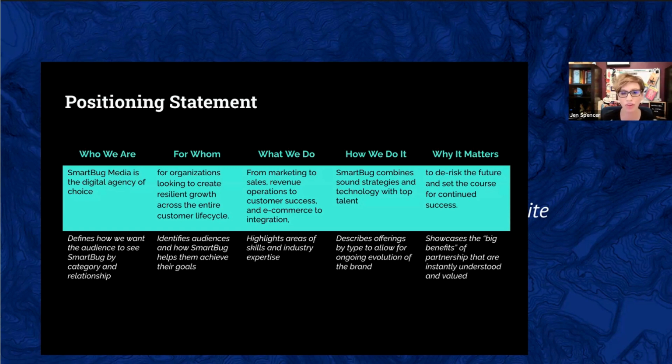After we get through who we are and for whom, then we move into what do we actually do. And that's where your job is to highlight your areas of skills or your industry expertise. So what do we do? Well, from marketing to sales, revenue operations to customer success, and e-commerce to integration, those are all the things we do. Then we switch over to how we do it. And so that's how you describe the offering that you're providing, and allow there to be ongoing evolution of your brand. So we're saying we do this by combining sound strategies and technology with top talent,